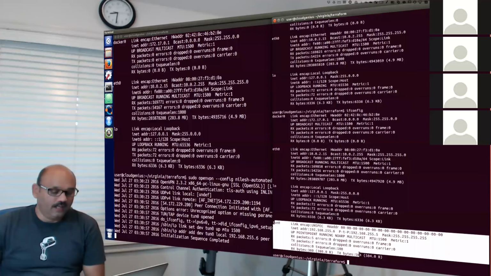And this is an adapter available to us on our computer because of OpenVPN. You probably remember that I saw Docker, ETH0, and local, but now we have a new adapter available to us. And it is logically placing us inside that OpenVPN machine out there.